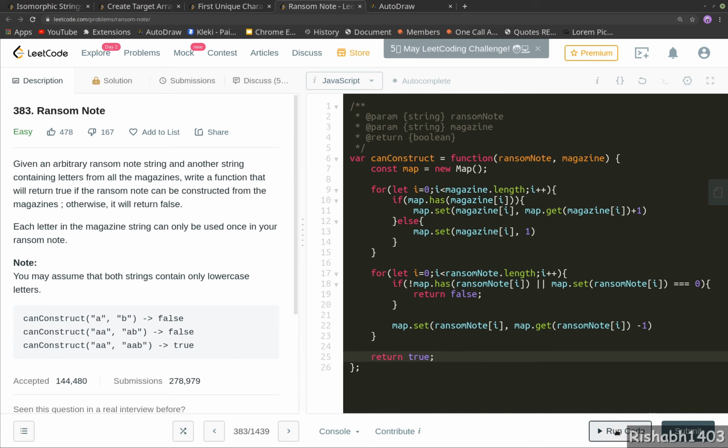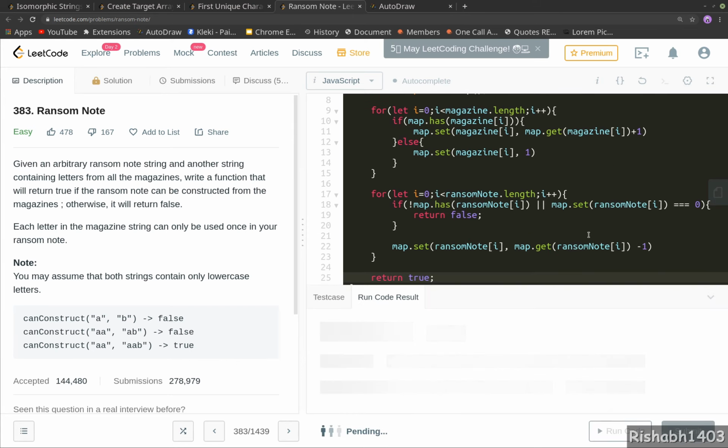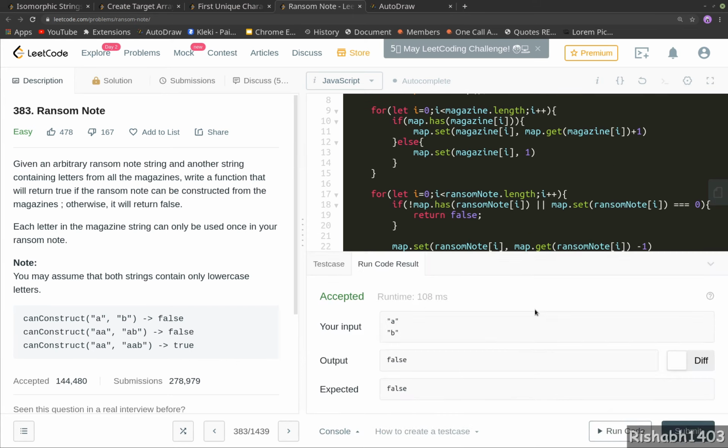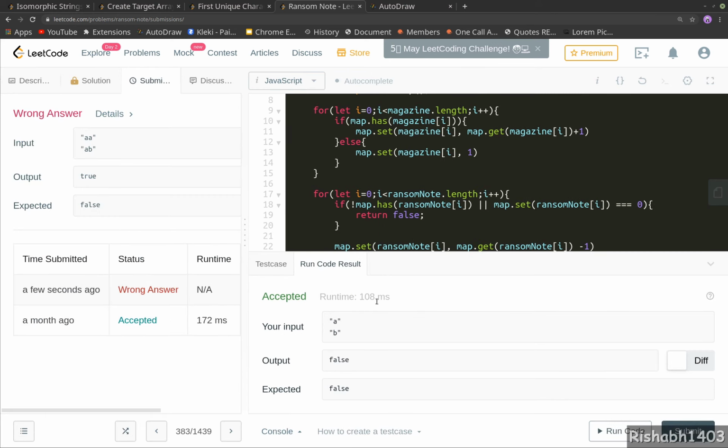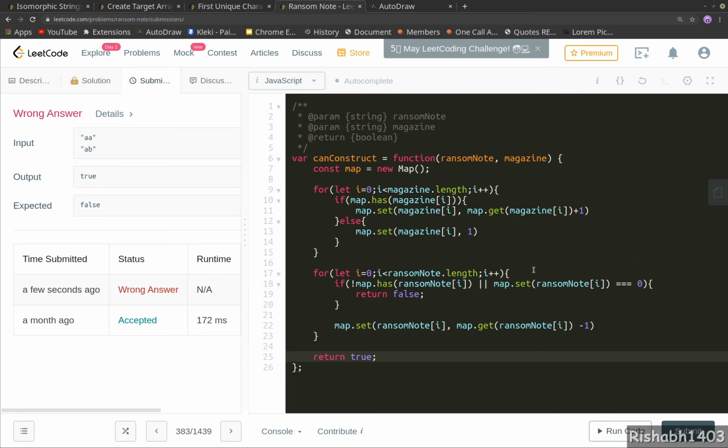Let's go ahead and run this. Okay, let's run it. Something is wrong. A, A, A, B. This should run according to the logic. Let's see where I missed. Okay, so if map has magazine character, okay, this part looks okay.